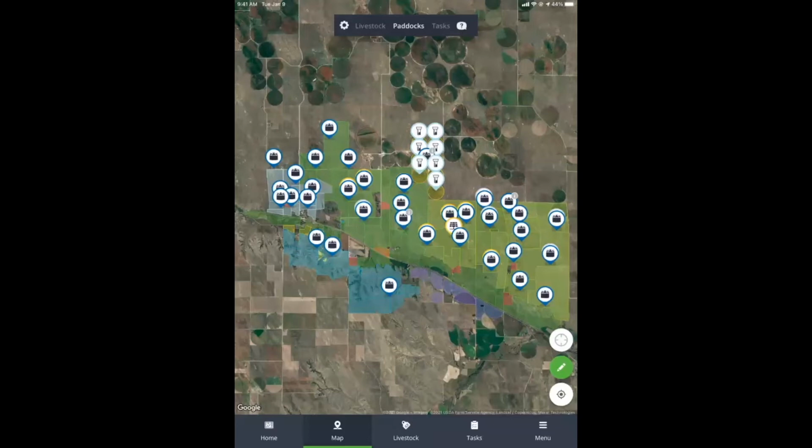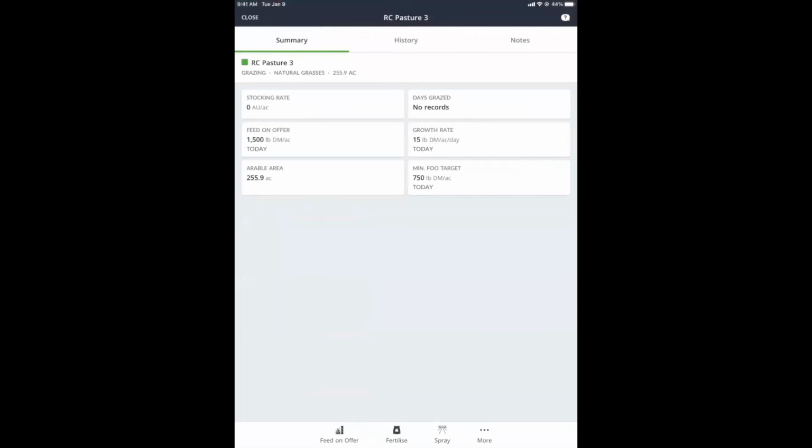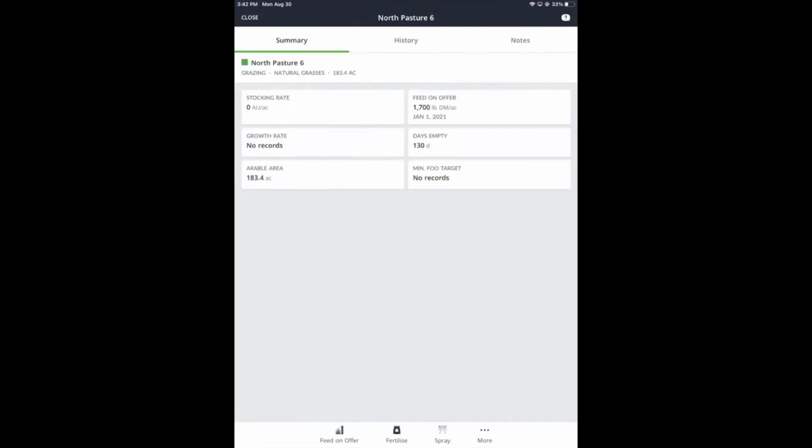As we dive deeper into grazing management, you can click on any pasture, and it's going to allow you to set your forage, your growth rate, and minimum feed on offer. This information, along with stocking rates, allows AgriWebb to calculate grazing days remaining as you move livestock in and out of each pasture. Having recorded animal movements and set current forage amounts per pasture, we're going to go back to